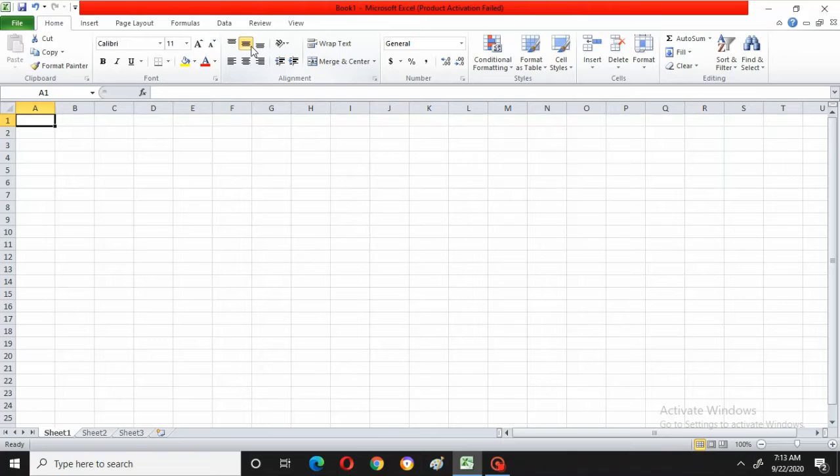Now I will be explaining the spreadsheet which is in front of you. This is called the Excel spreadsheet. When you enter MS Excel through the start button, after entering you will be shown this type of screen. In this video I will be showing the parts of this MS Excel window. Starting from here, I will tell you.